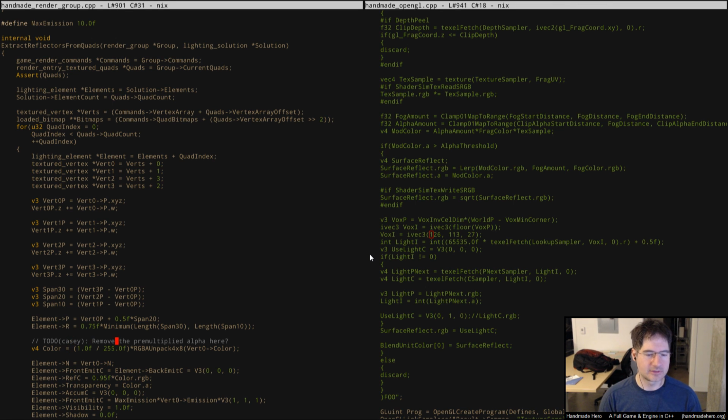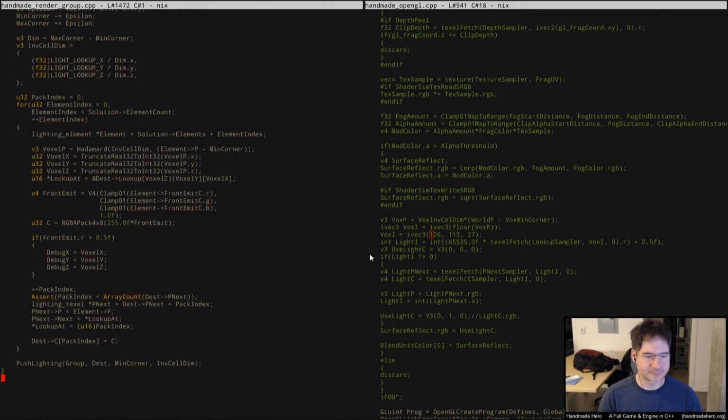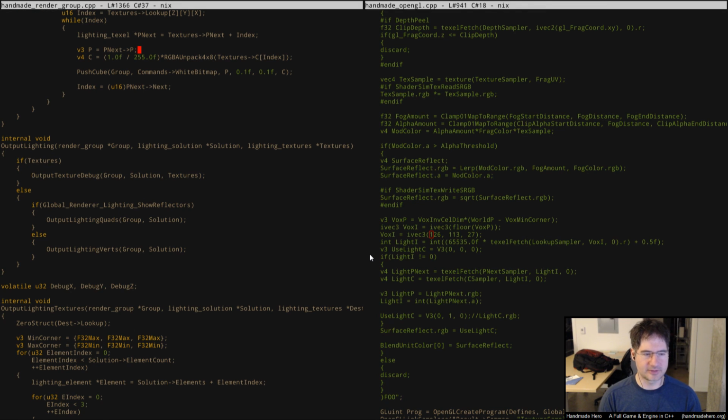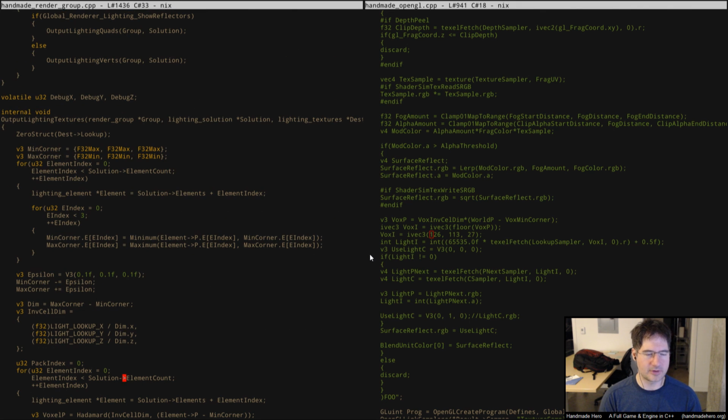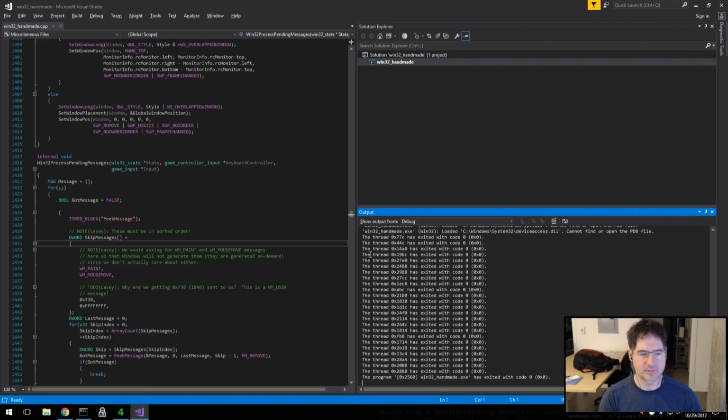All right. So let's start by saying, how are we actually putting these things together, right? At the moment, I think what we're doing is, when we output our lighting textures, right? You can see us doing it here. I think this piece right here is pretty much where we're doing all of the packing. I can watch this thing pack by using this if statement we've already got in there, right? So if I go ahead and pong over to that,